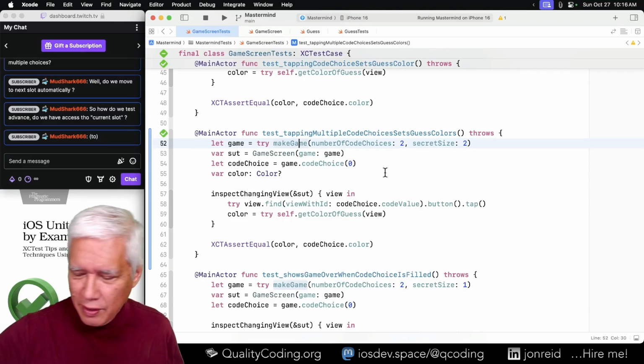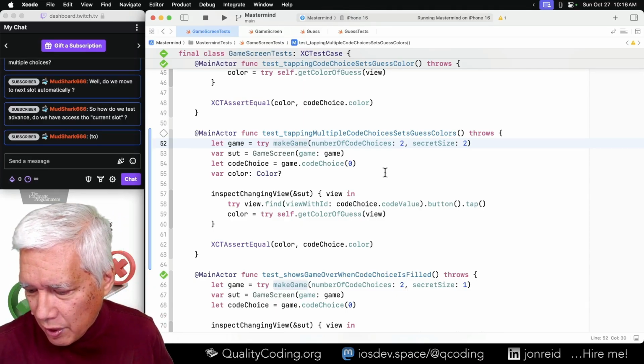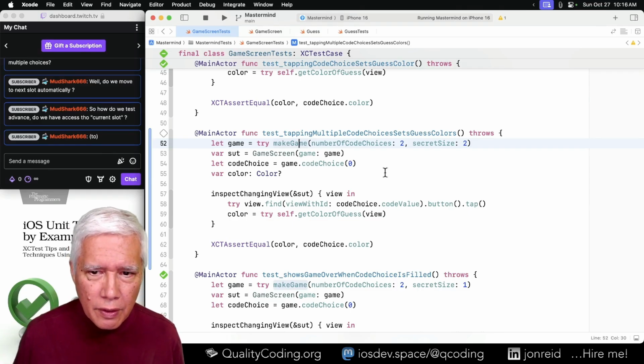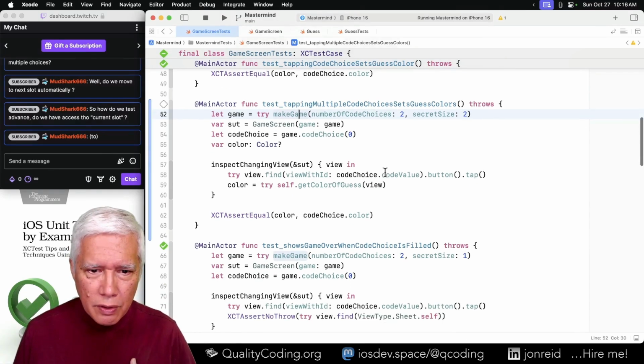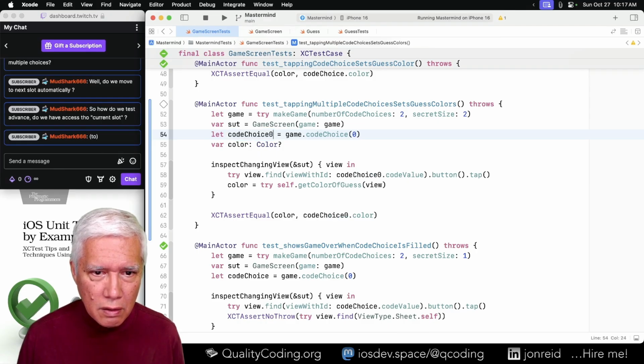Always handy to have a whiteboard that's small and right here on my desk. So if I say code choice 0 and color 0.